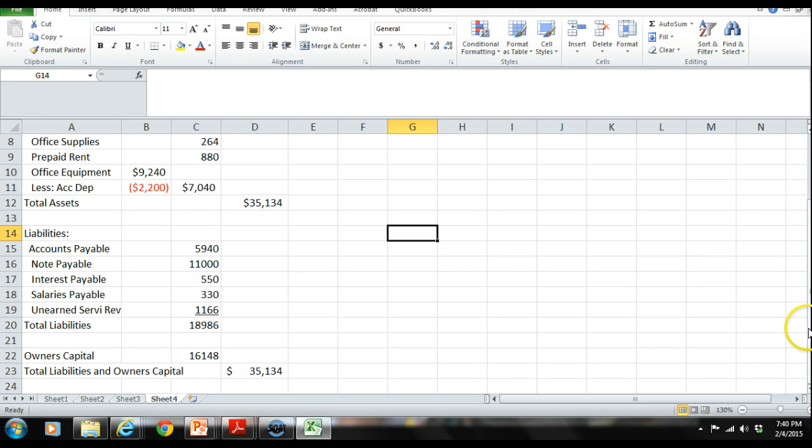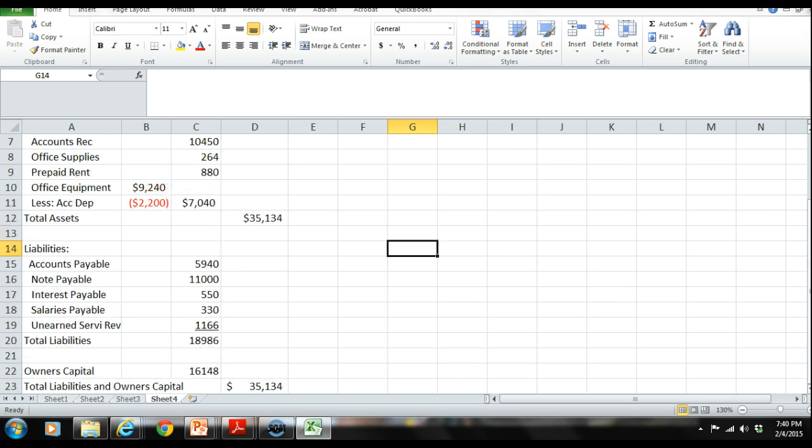So basically, what we have done in this chapter is learn how to adjust certain entries, how to post them, how to create an adjusted trial balance, and then how to make all our financial statements. We've done a lot in this chapter. Now, we can do one of two things. We can go over another problem in this chapter, or we can move on. What do you want to do? Celeste, you be the boss. I'm ready to move on. And you're ready to move on. So what I'm going to do is, in this lecture,